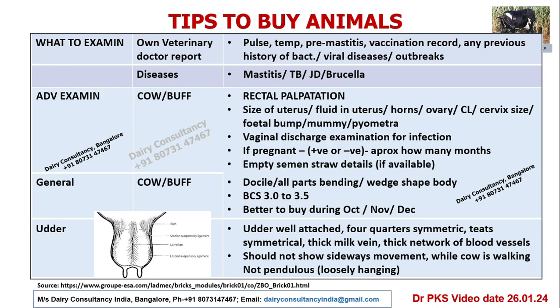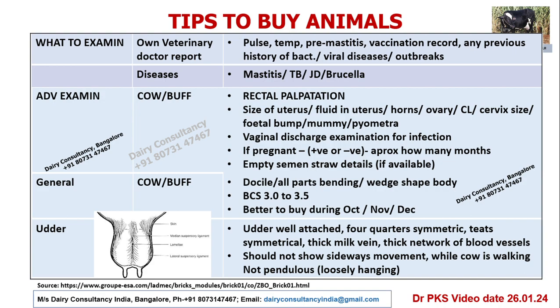The size of the uterus, the fluid in the uterus, whether the horns are clear, whether the ovary and corpus luteum are visible, I mean palpable, and the cervix size. What is the cervix size? Whether a fetal bump is available, if the animal is pregnant. If the uterus is swollen, whether it is a mummy. All these things only a veterinarian can check per rectal, or a paravet can check per rectal and give the information